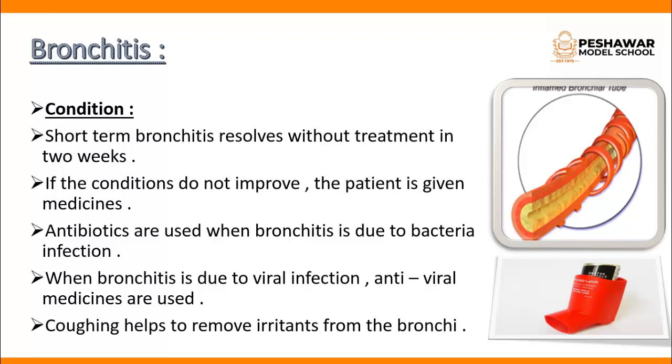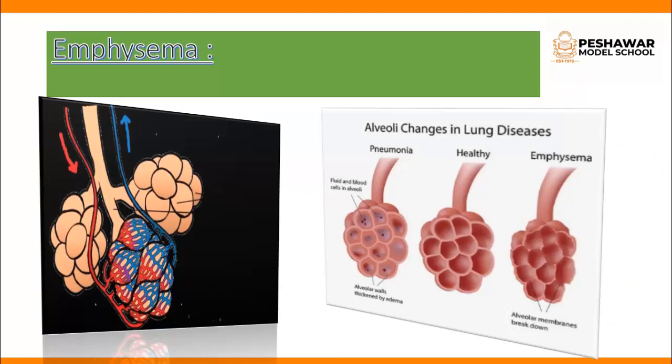Dear students, here we have the second respiratory disorder, which is called emphysema. In front of you there are two diagrams. In the first diagram, we have a normal alveoli. Alveoli are the part of the air passageway with the help of which exchange of gases takes place between the blood and the lungs. In the diagram parallel to it, the alveoli of a patient of emphysema are shown. You can see that the alveoli are damaged. So by looking at the diagram, you can have an idea that emphysema is a respiratory disorder of the alveoli.